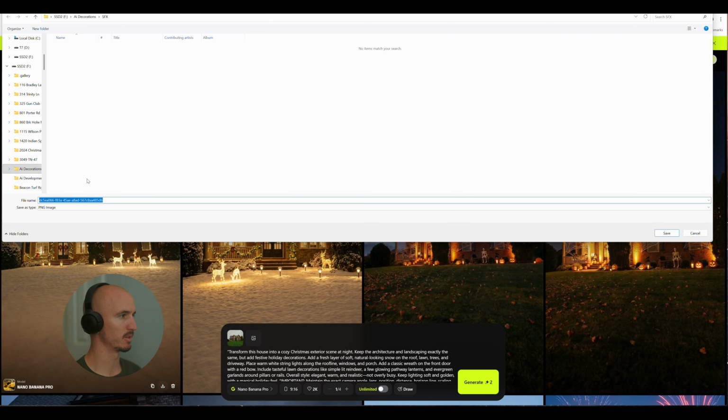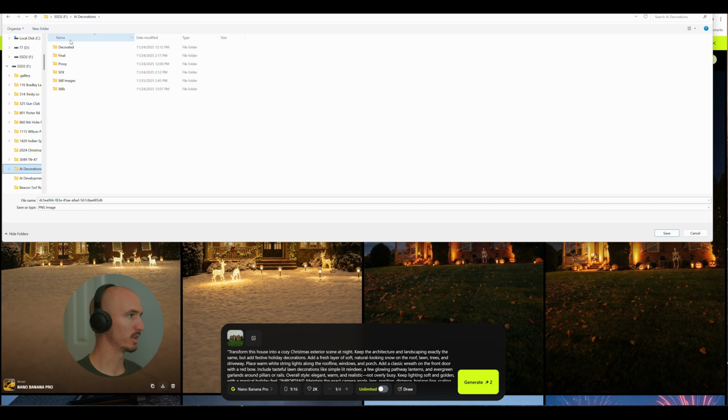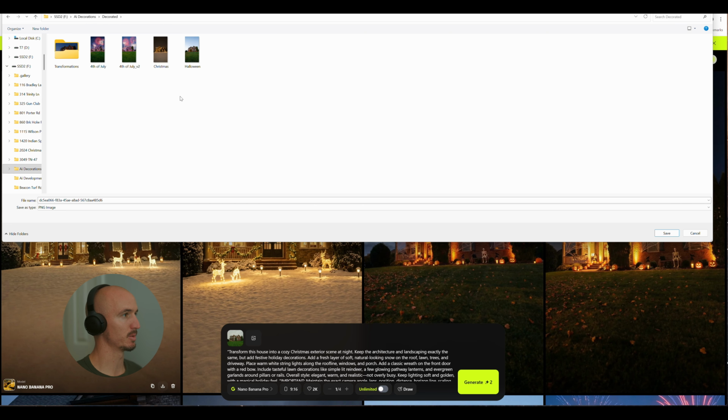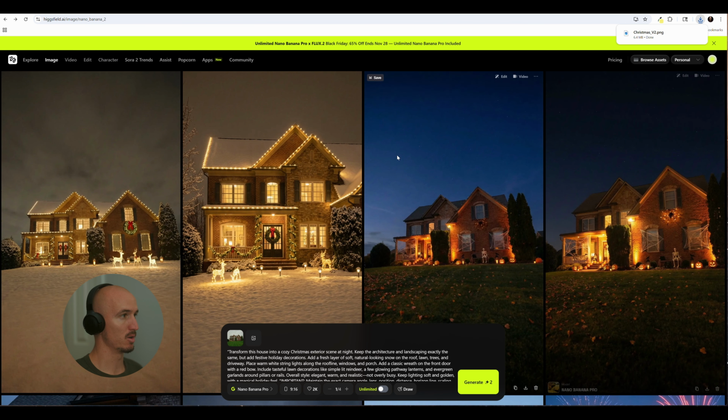And I recommend keeping everything organized, right? So what I did is I labeled something called decorated. You can see that they're all saved in here, and then I label it. So now that's decorated. Okay, so now you're gonna do the same exact thing for the Halloween and also for